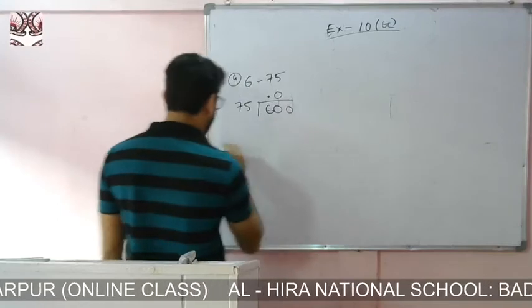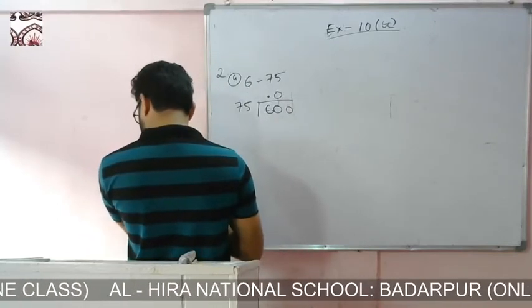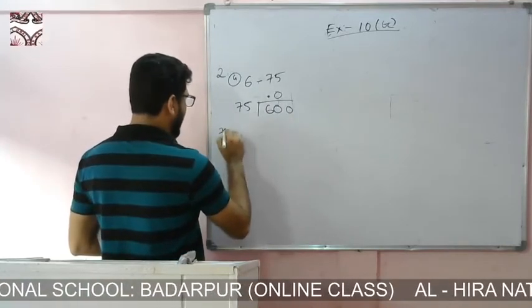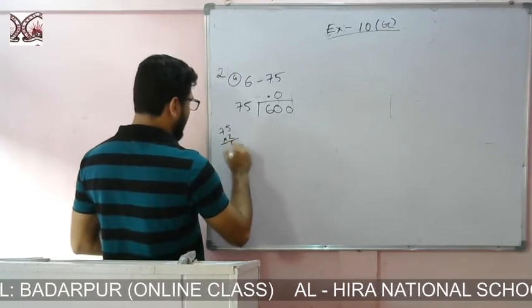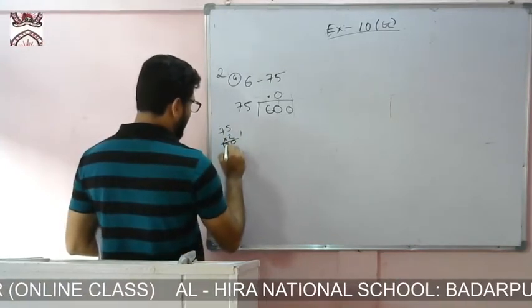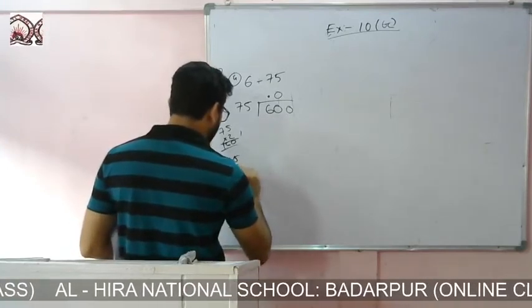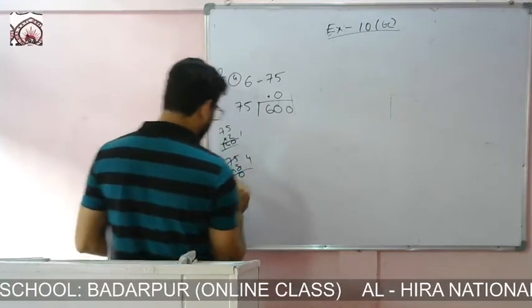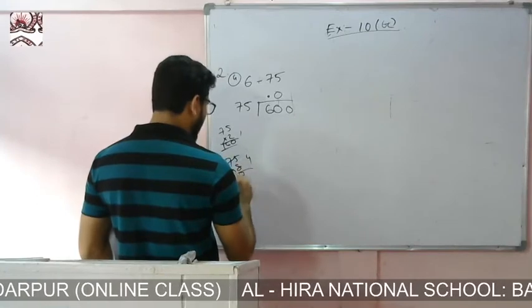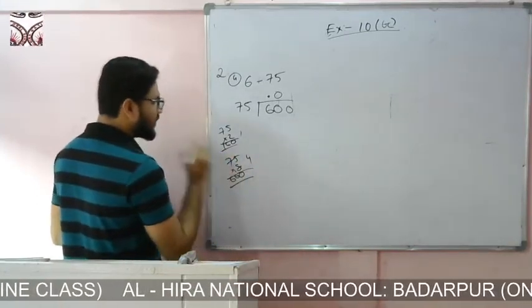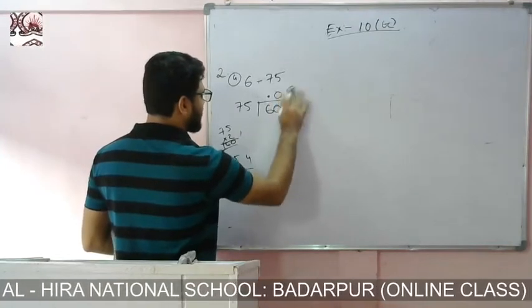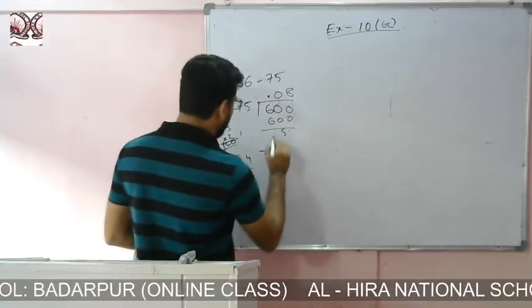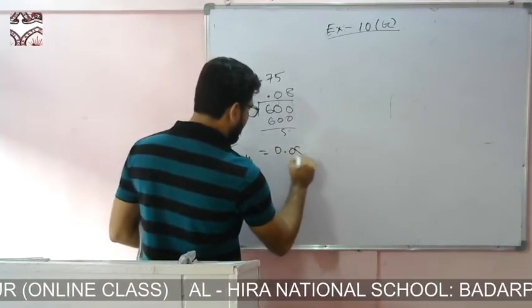Okay, now check for this one. So here what? 0 is there, so we'll multiply 75 into 2. 5 to 10, 7 to 14, and what? 16. Not, then 75 into 8, let us check. 5 8s are 40. Okay, and 7 8s are 56. 56 and 4 is 60. That means with 8 you are getting. That means 75 into 8 will get what? 60. Okay, that means you can write 0.08 is the answer.